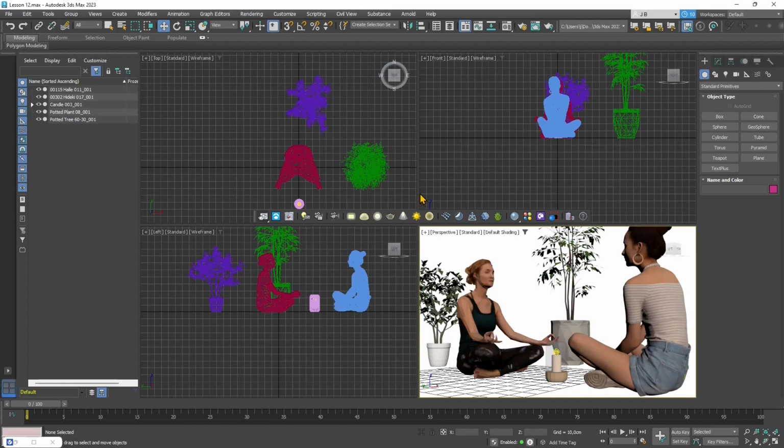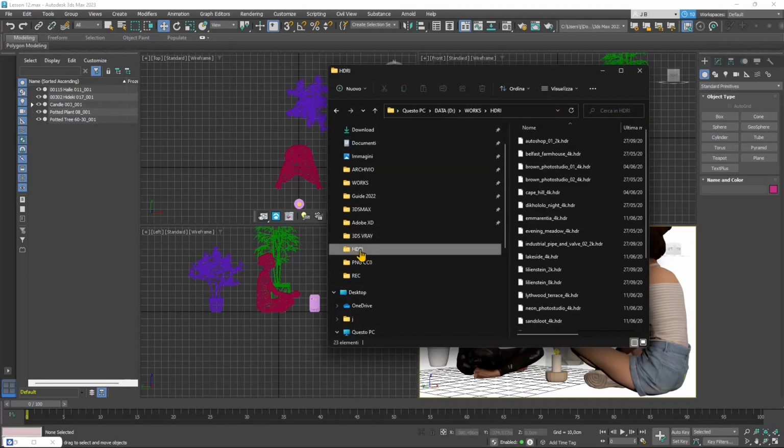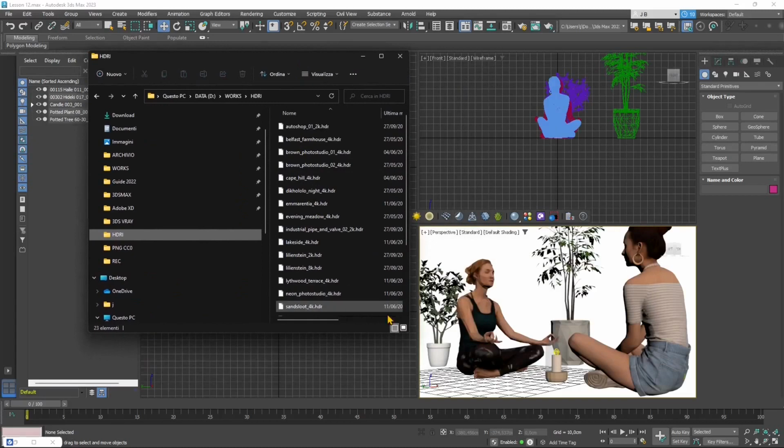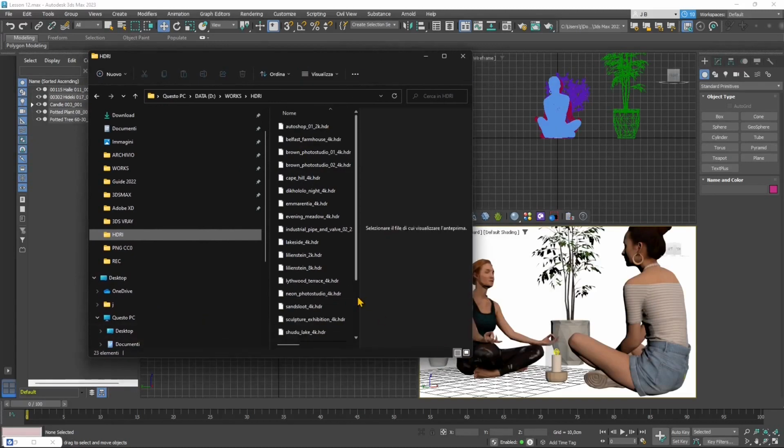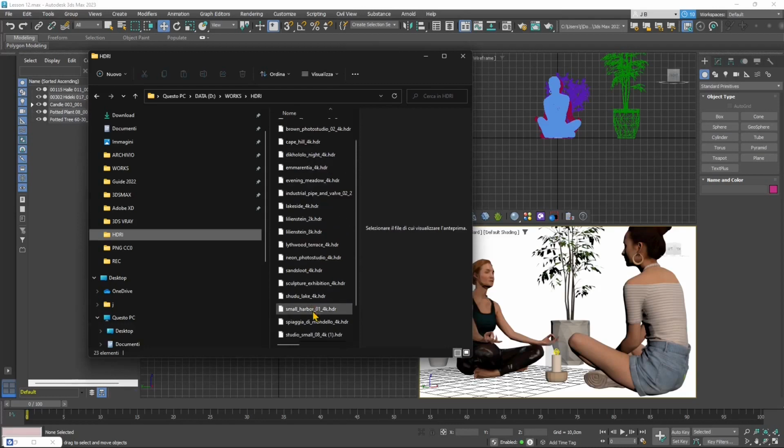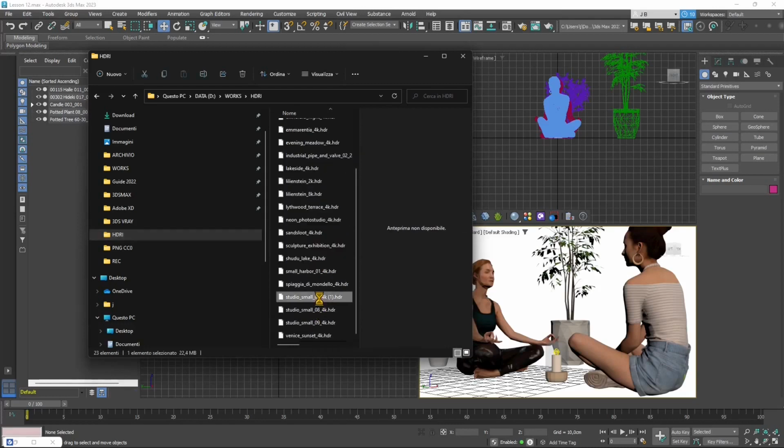So let's go back into 3ds Max and let's start working here with this HDRI. I've created a folder where I store all my HDRIs here. You can see the file format is HDR, and this is the most popular format that you can use. And so I'm gonna start with this studio